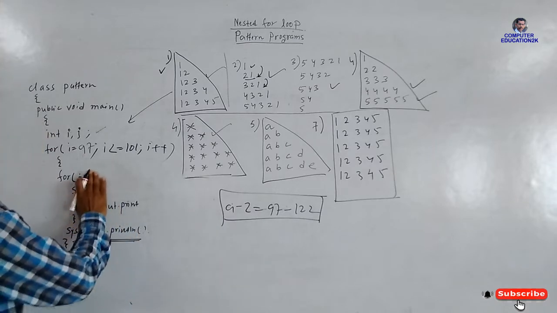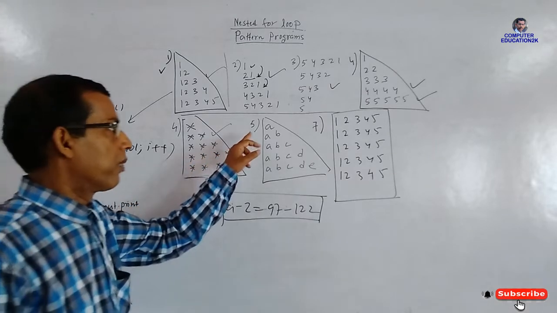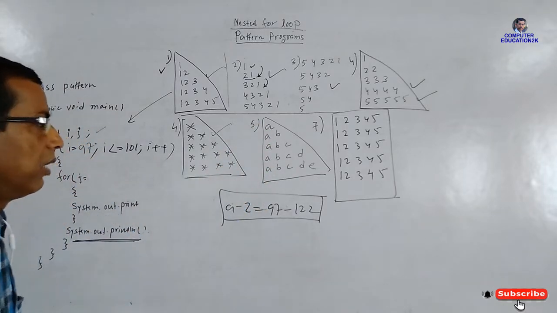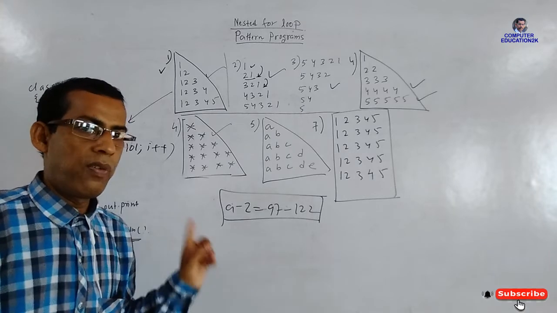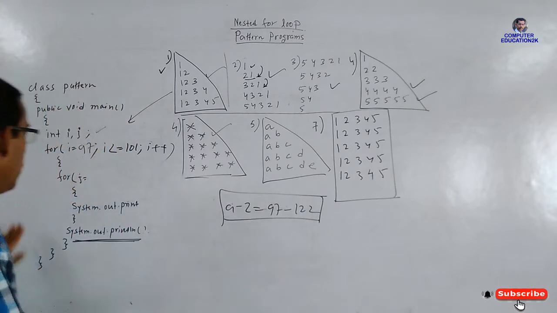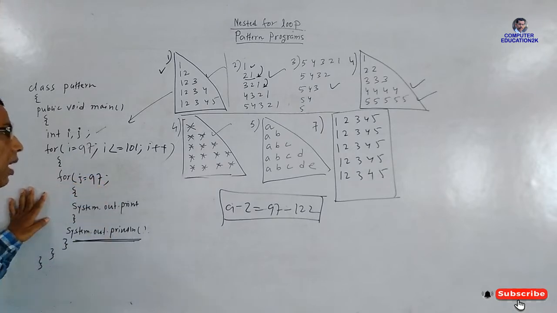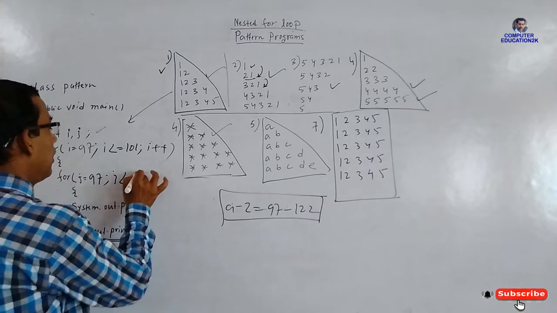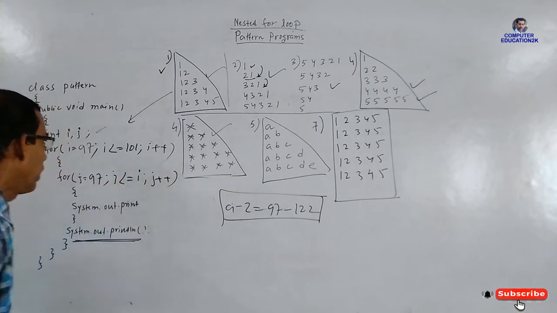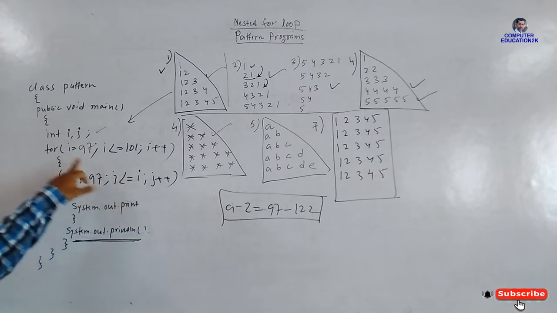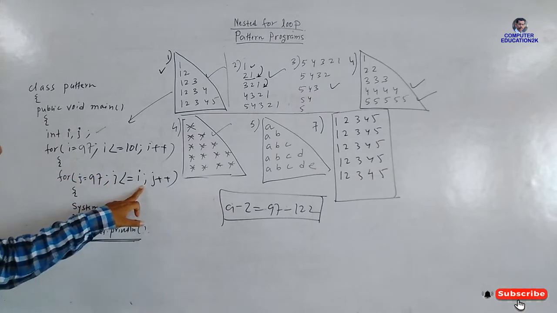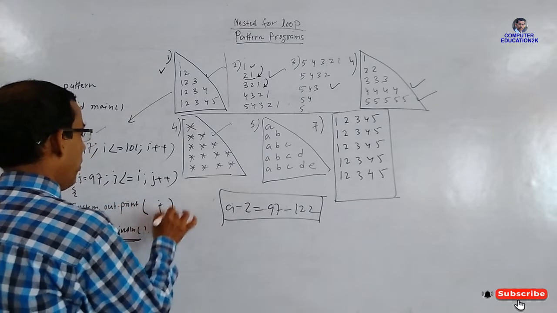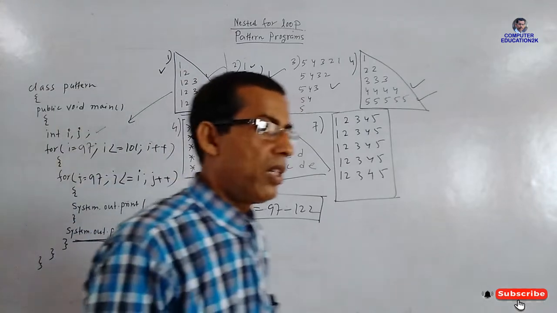And you can see J will start from what? J means a, and a represents 97. You can see each line has started printing from a. A means 97, so J will be 97 and J less than equals I, J plus plus. First time the I value is 97, so 97 to 97. So it will print what? It will print J. But if you write J here, then it will print the numbers.